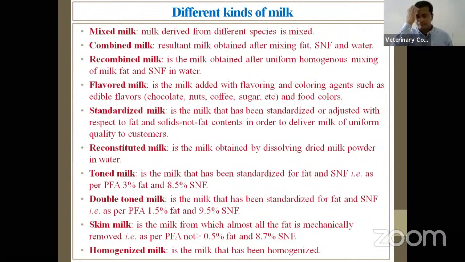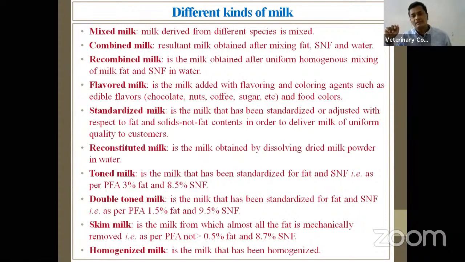When we talk about the milk collection, when different cows, different buffaloes yield the milk, they will be in different physiological status to produce the milk. The kind of SNF or the fat that is there in the milk is all different. But in the market, we need to deliver a constant content milk in the form of tone milk or double tone milk. There we have to go for the standardization process. If it is excess fat, you remove the fat. If it is lower in fat, you add the fat. Such a milk is said to be standardized milk. There are various varieties of this standardized milk.